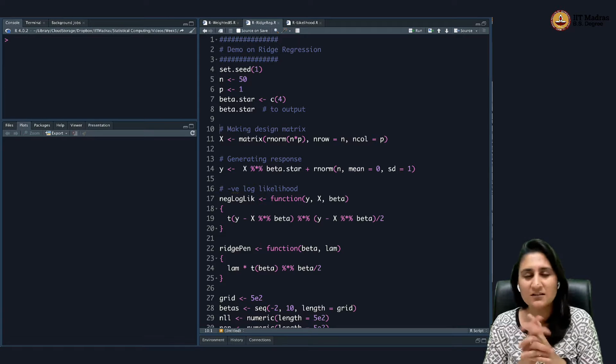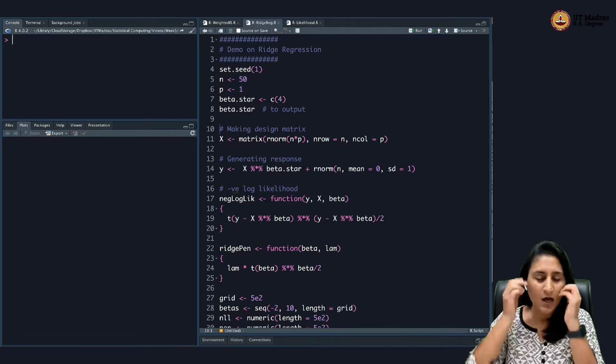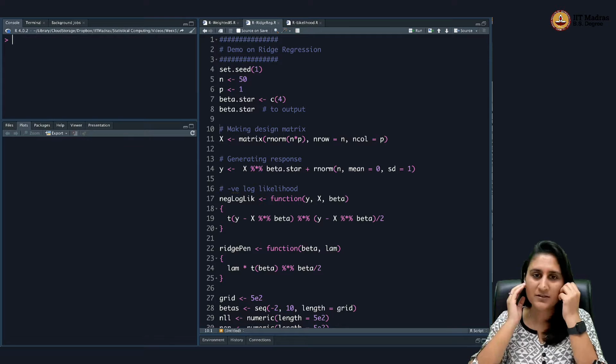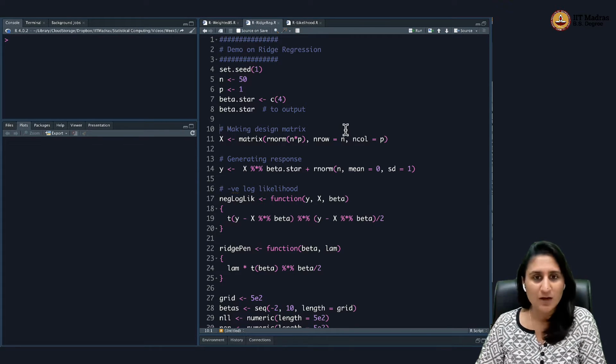So in this particular R demonstration video, we're going to talk about ridge regression a little bit. Particularly, I wanted to focus a little bit on understanding the penalty function. So this will be a short video, but I wanted to take some time to understand the penalty function in ridge regression. But I also want to go into the idea of generating data or simulating data for our